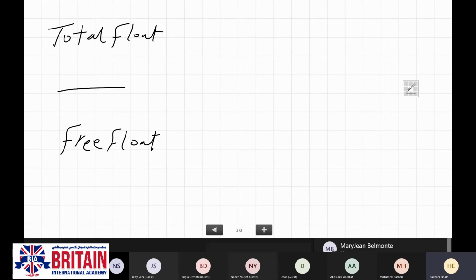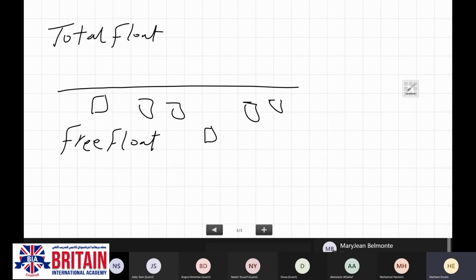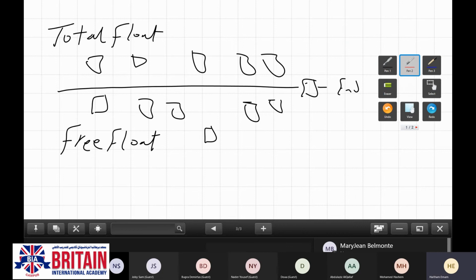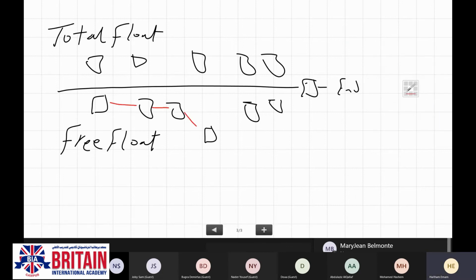Let's say I have certain activities, and that is the end of my project, and I have certain activities here, and I'm going to assume that this will be my critical path.